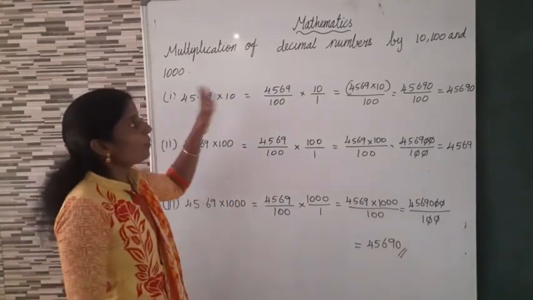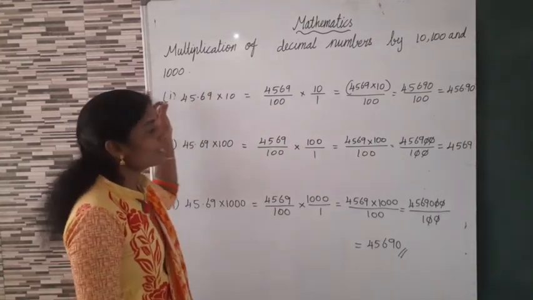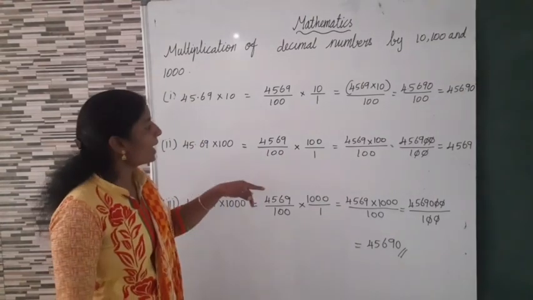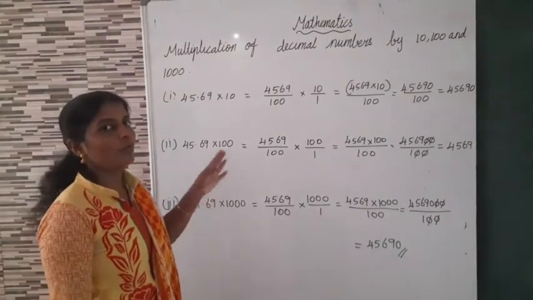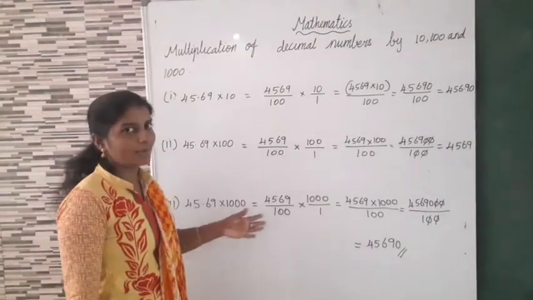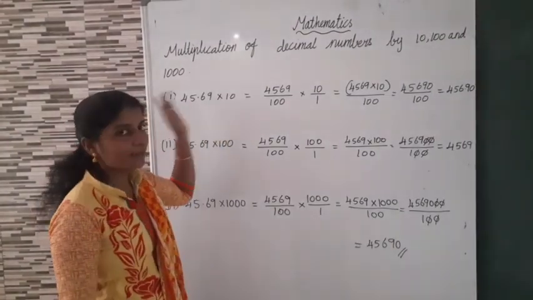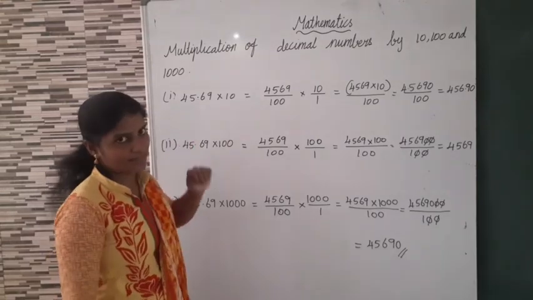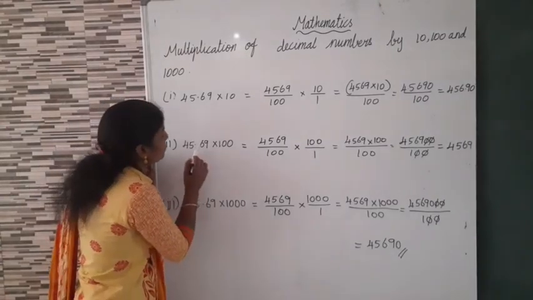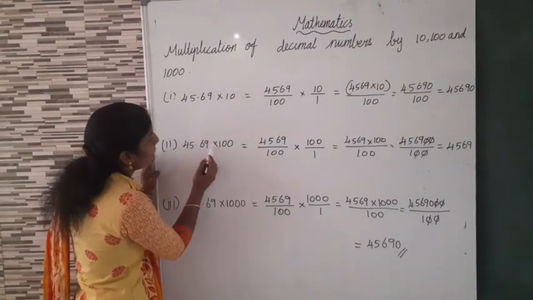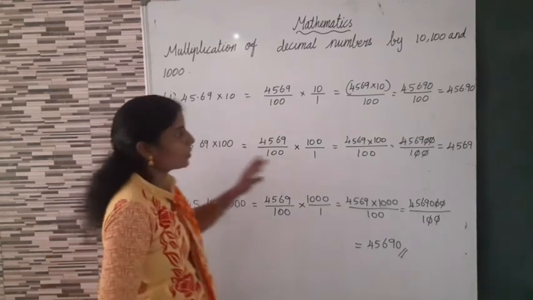Okay. If you multiply by 10, 100 and 1000, the decimal point shifts to the right by 1 place, 2 places, or 3 places respectively. If you multiply by 10, the decimal point shifts to the right by 1 place. Multiply by 100 means the decimal point shifts to the right by 2 places. Okay, this point is 2 places. So 4, 5, 6. This point will shift by these 2 places, isn't it? So what's the answer?